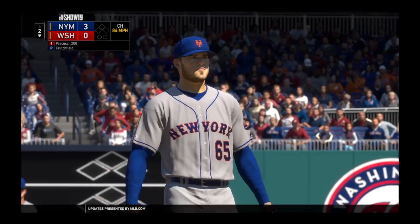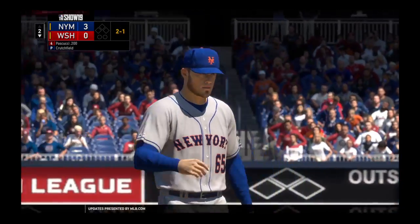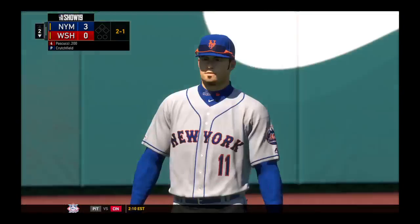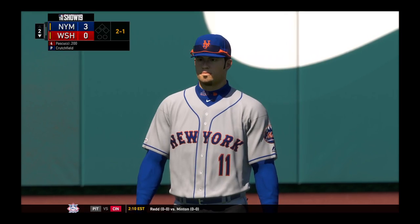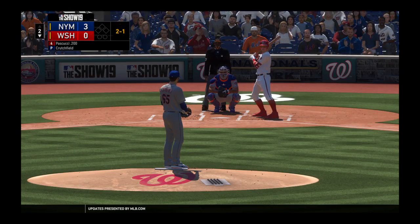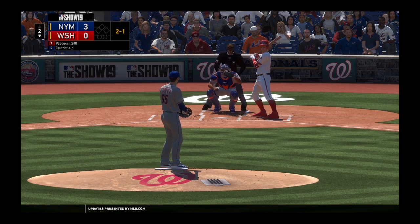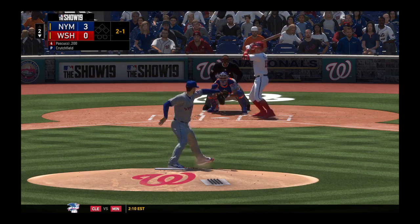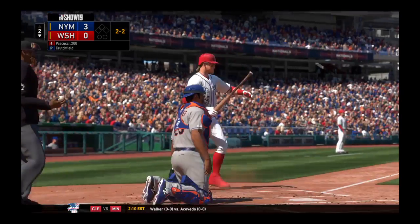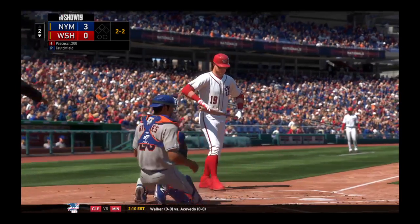Well off the plate with the change of pace. That's ball 2. These Mets fellas, as they take the field here today, started the season out on the wrong foot, dropping one on the road on opening day. Yeah, Matty, they need to grab this one today. You don't want to drop the first 2 games of the season. I don't care if it's on the road. I know you're going to have to battle, play well at home. You can't afford to get on the team bus back to the hotel